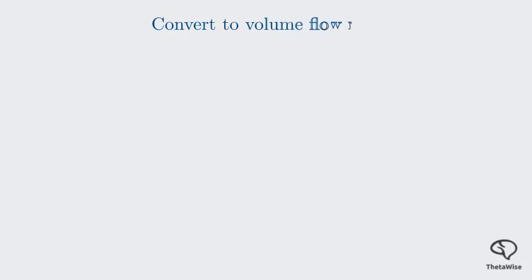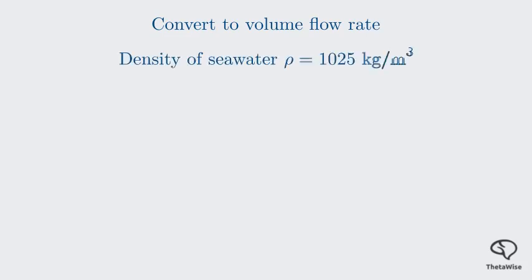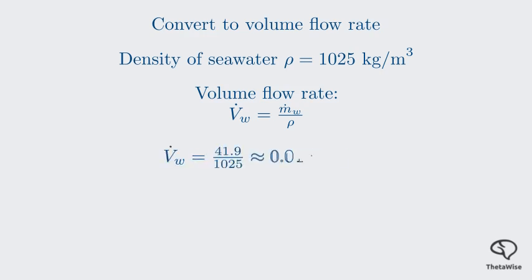We have the mass flow rate, but the question asks for the volume rate in liters per second. So we need one more conversion. We'll use the density of seawater, which is given as 1025 kilograms per cubic meter. The volume flow rate, V dot W, is the mass flow rate divided by the density. Dividing 40.9 kilograms per second by 1025 kilograms per cubic meter gives us approximately